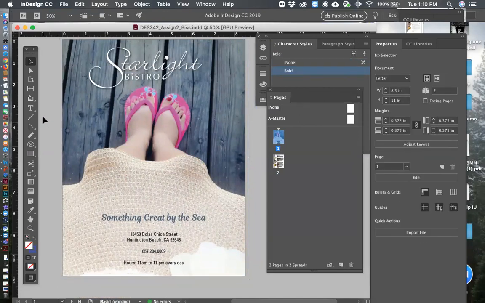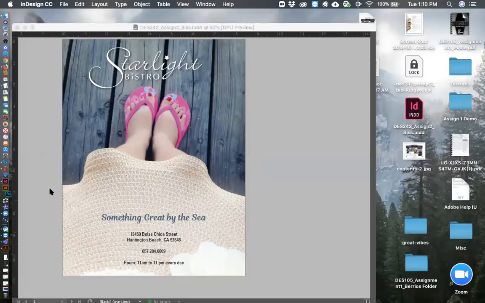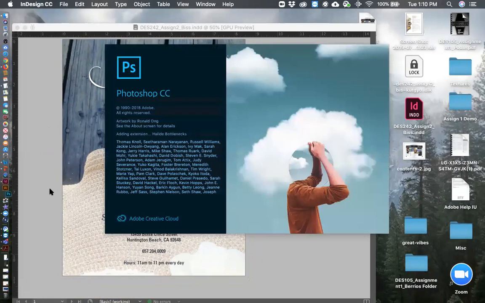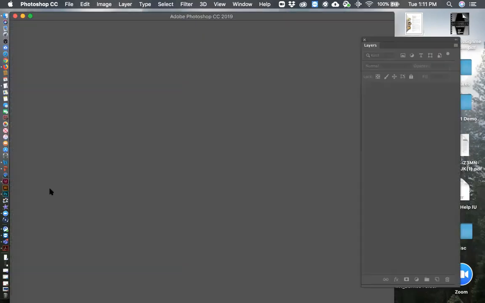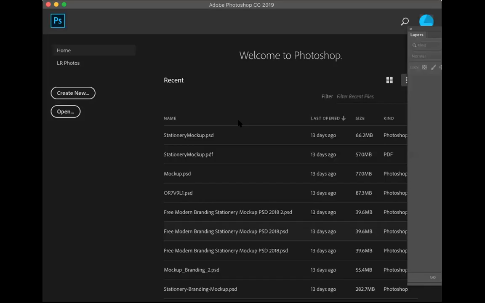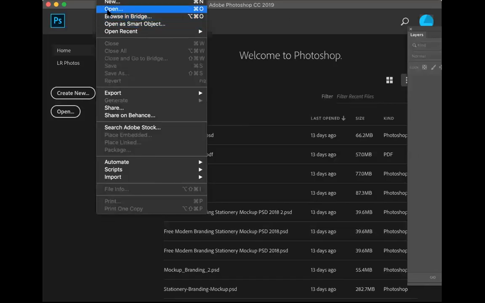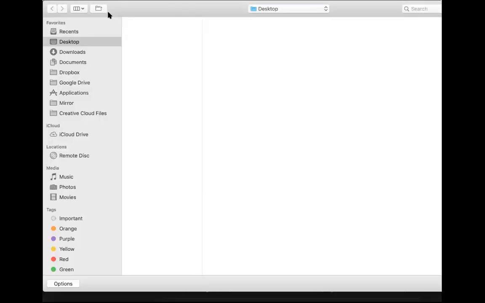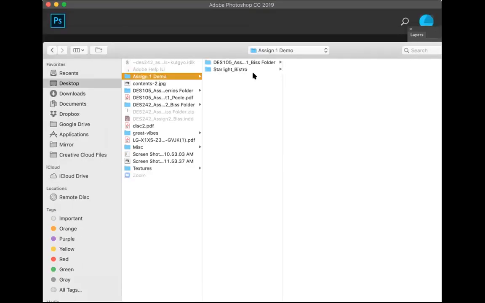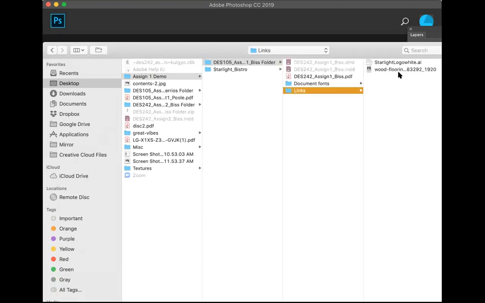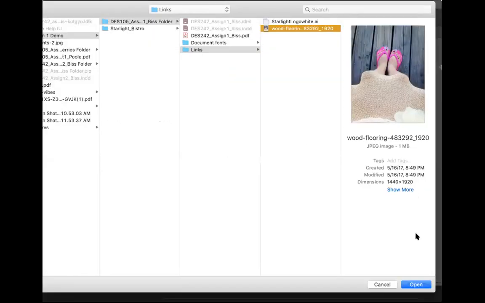The only way around that is if you actually open up Photoshop and resize it based on the size that you're using in your document. That's a good habit to get into anyway. Let me open up Photoshop and I'll show you here. I'm going to open that image on the cover, because I really didn't change it.